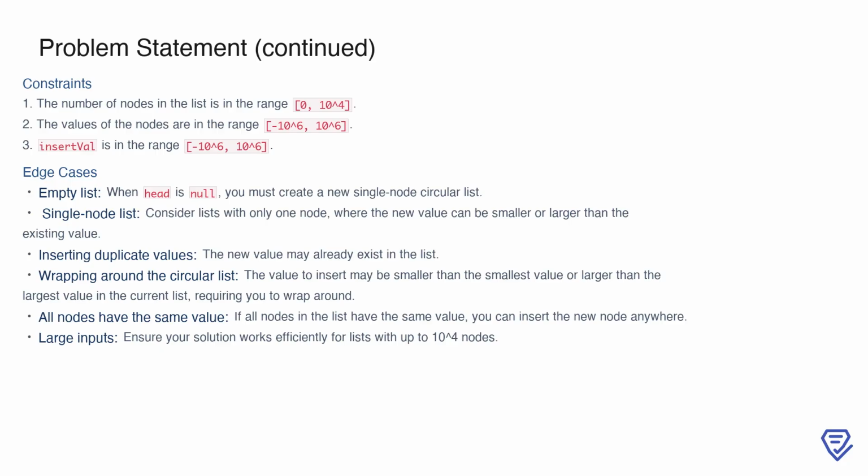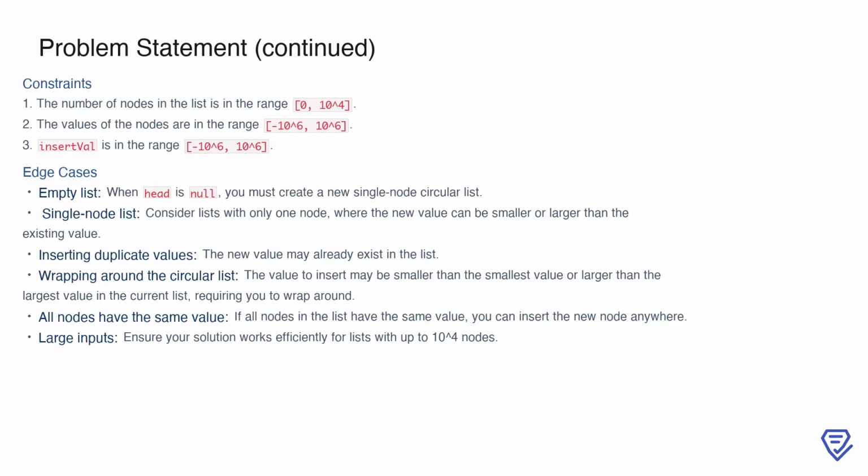Additionally, we must account for cases where the value to insert is smaller than the smallest value or larger than the largest value, requiring us to wrap around the circular structure. If all nodes in the list have the same value, the new node can be inserted anywhere. Finally, since the list can have up to 10,000 nodes, our solution must be efficient to handle large inputs within